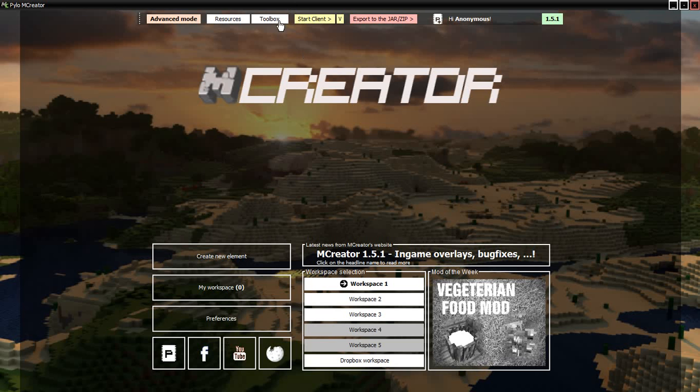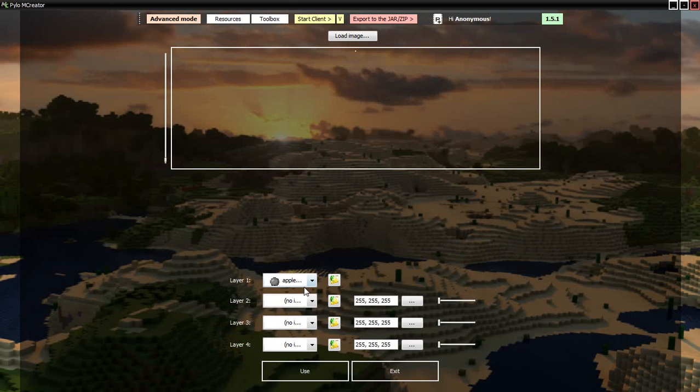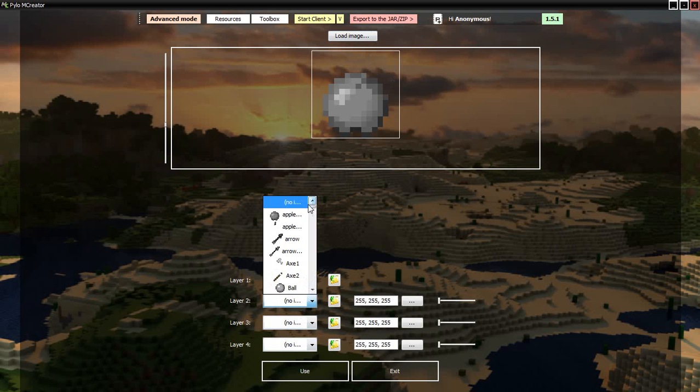But for now, I'm just going to go ahead and create an item block texture up here. Go to resources, textures, and create it from pre-existing stuff. Oh, you can load image here, I guess. You want to load it onto the editor. But for now, since we're making a block,